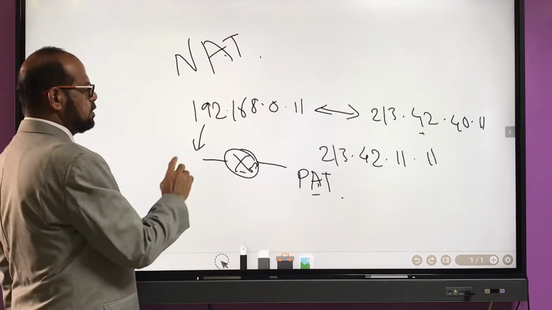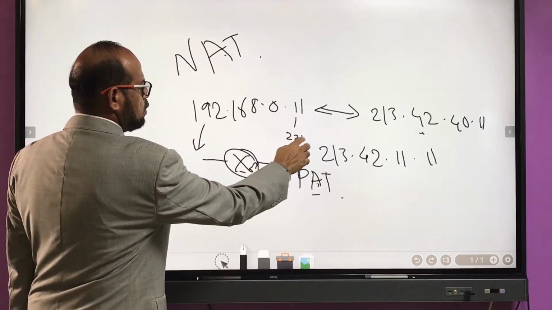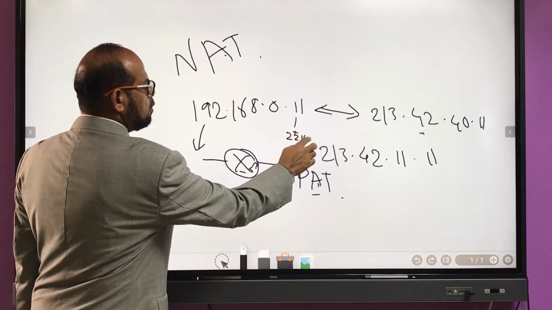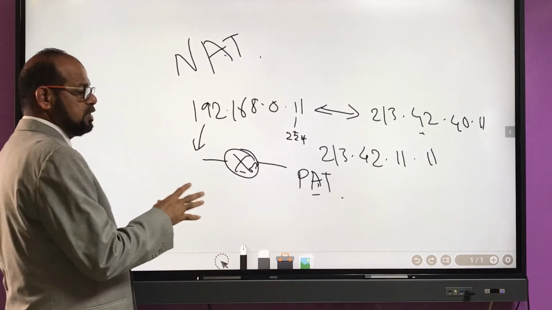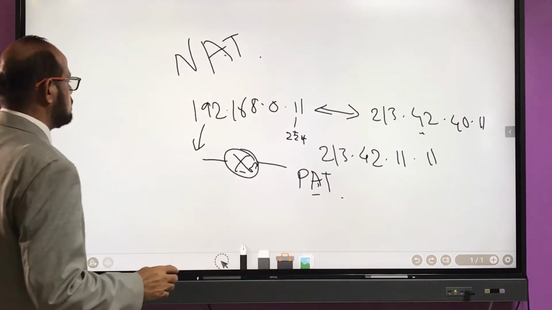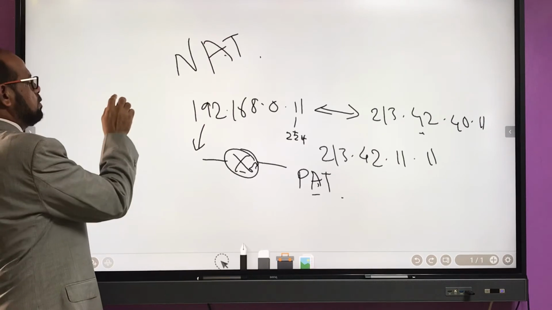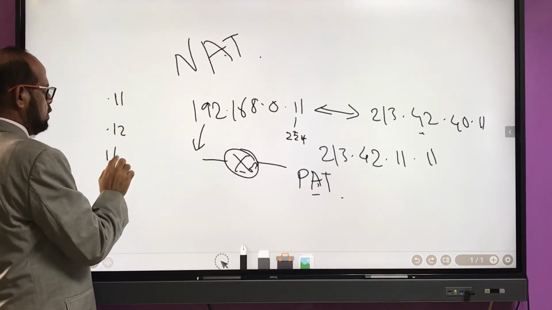Any traffic from the browser, addressed up to 224 or 254 up to the end, whatever is there, all these IPs are clubbed together into a table that is called the PAT table, port address translation. Suppose traffic from .11 and .12 and .14,